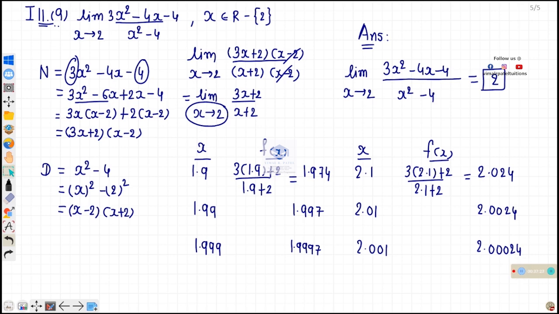If by replacing the value you will get 0 in the denominator,